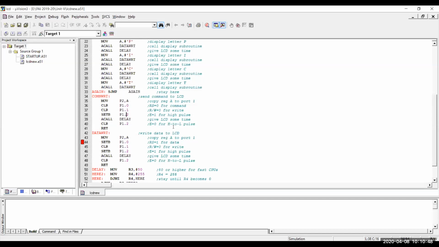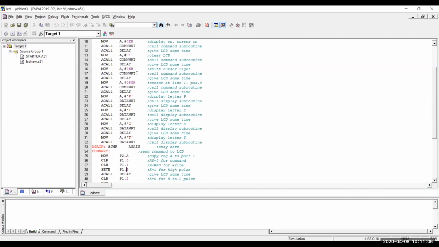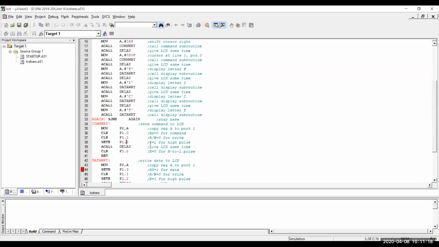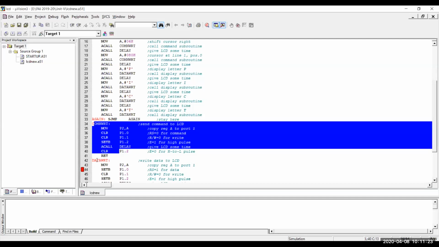Depending on the value of these 3 pins, the LCD understands whether the value we send to P2 is a command or actual data which we want to display on the screen. Because of that, after 01 we call the command routine, after 06 we call the command routine, and after 80 we call the command routine. So in our program we write 2 different routines: one is the command routine and another is the data routine.